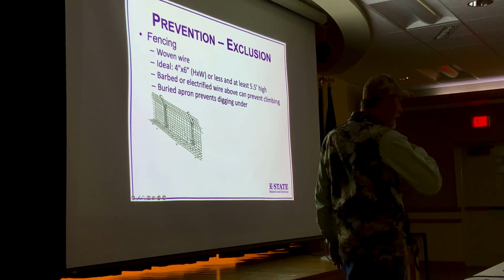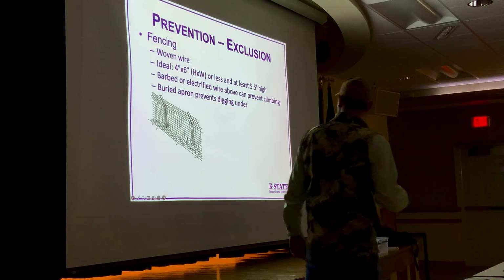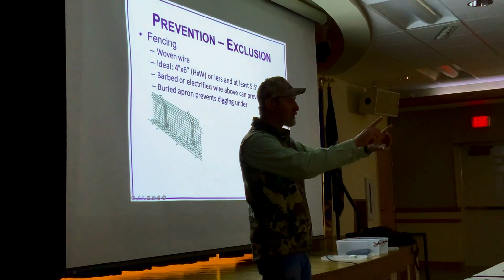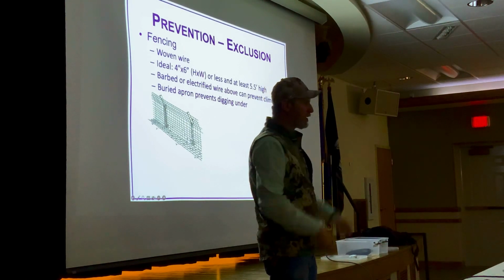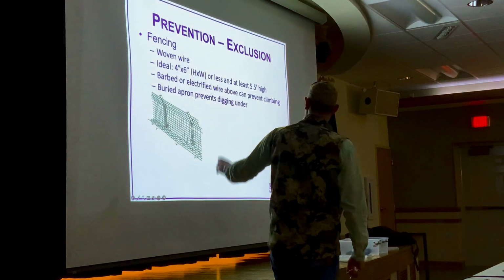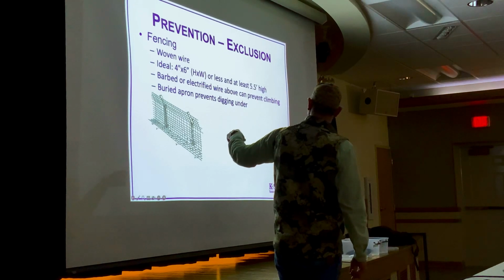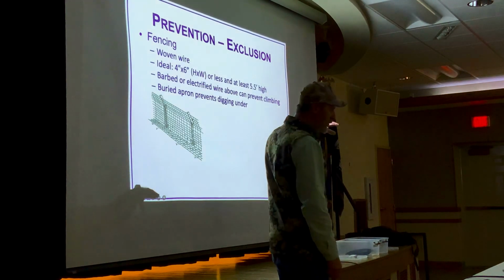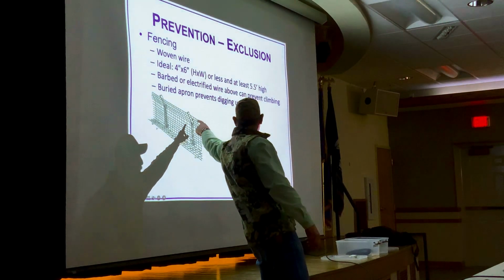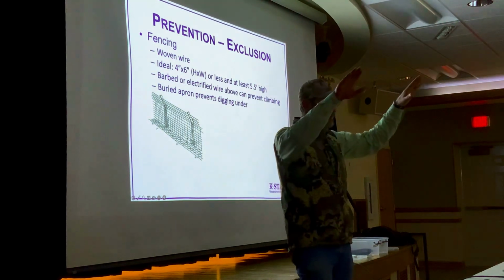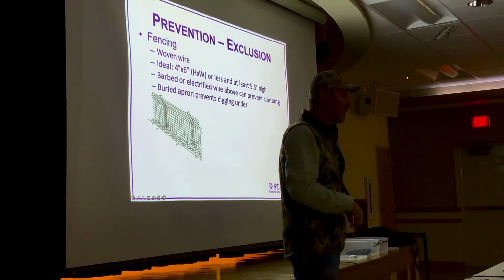But if you are thinking about trying to exclude coyotes from animals, you want to use woven wire. You don't want to use this stuff that's got gaps this wide and this tall. I know it's cheaper, but that's not a coyote fence. Coyotes go right through those big squares. So you're looking for 4 by 6 squares and at least 5.5 feet high. It's better if you've got barbed wire on top of that, or an electrified wire. And if you really need to keep them out, you can put what's called a coyote roller on there, which is a piece of fence that goes out away from the fence, so the coyote would actually have to do the limbo to climb up over the top of it.